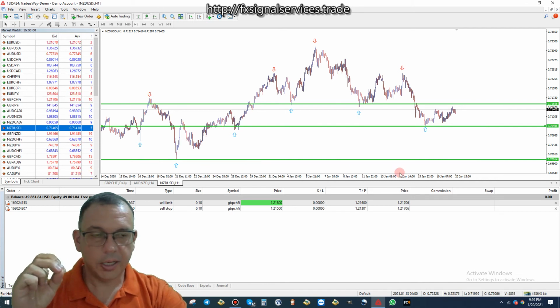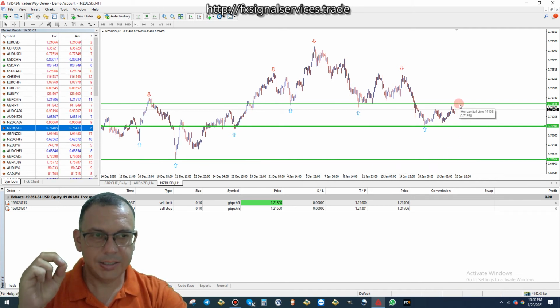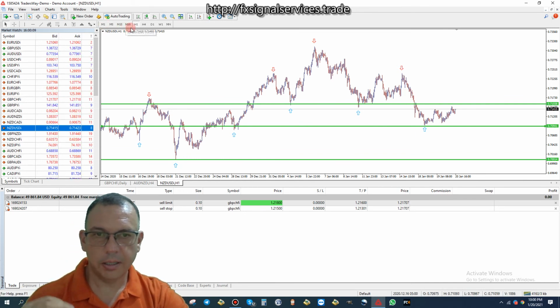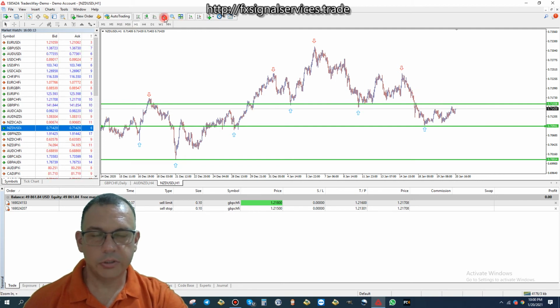what I feel is going to happen is that the price is going to go up and touch this line and form a red arrow. Okay, I really feel that will happen. Okay, so if we zoom in here,